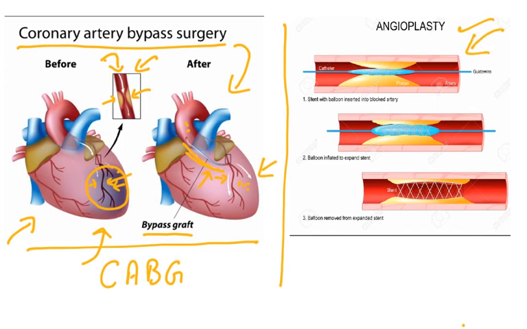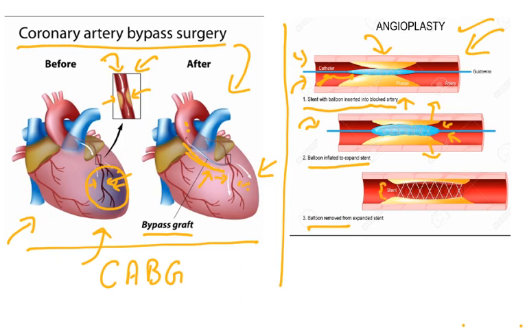Look at this. Again, this is another coronary artery which is blocked because of lipid accumulation. Now in this method, a catheter is inserted into this affected coronary artery. A stent with a balloon is inserted into the blocked artery. This is called a stent. This along with a balloon is inserted. Once it is inside, the balloon is blown so that the diameter is increased, and these lipid layers are pushed towards the walls of the blood vessel. The balloon is inflated to expand the stent. Once the stent is expanded, the balloon is removed and the stent remains inside.